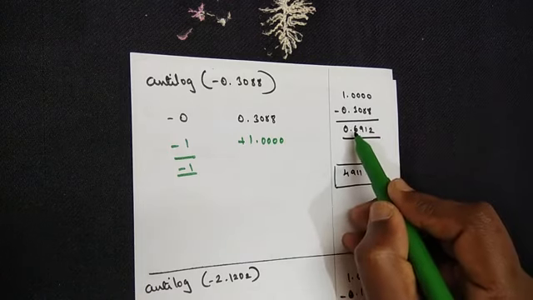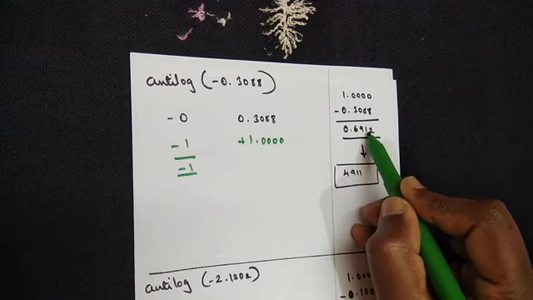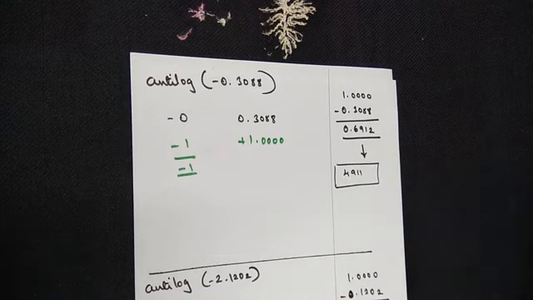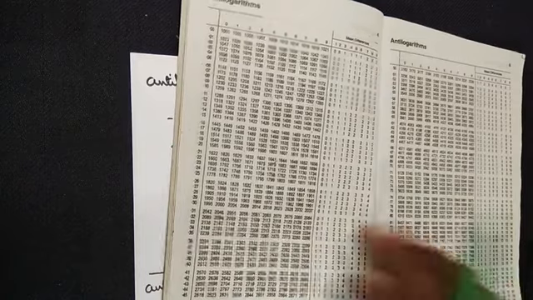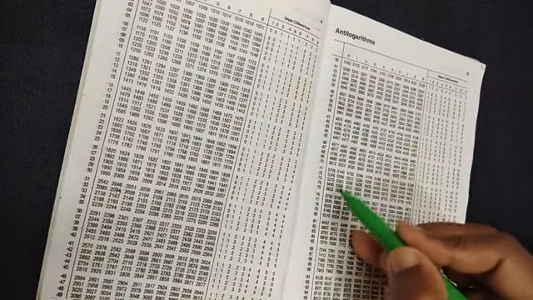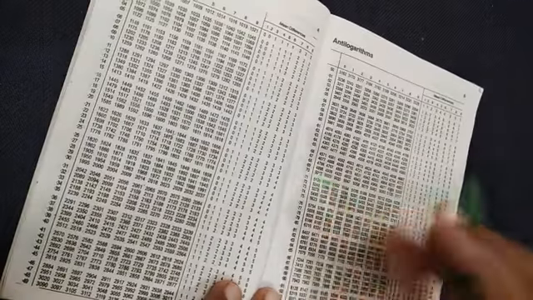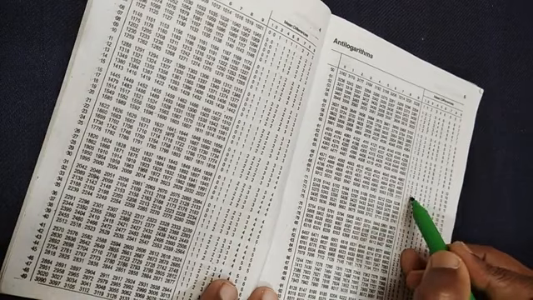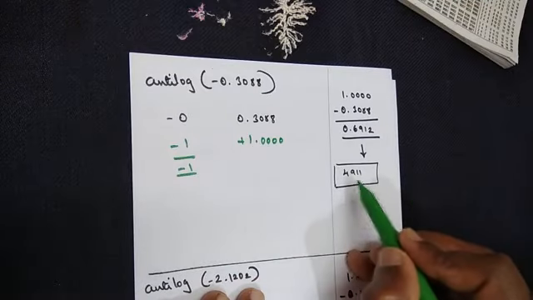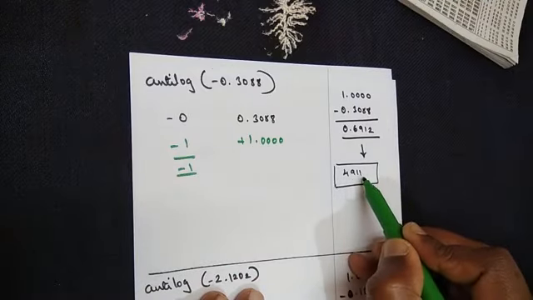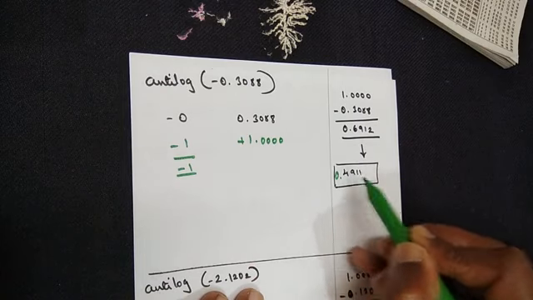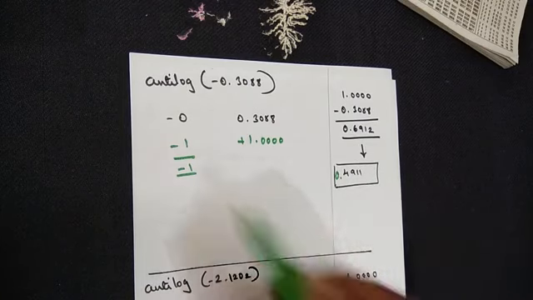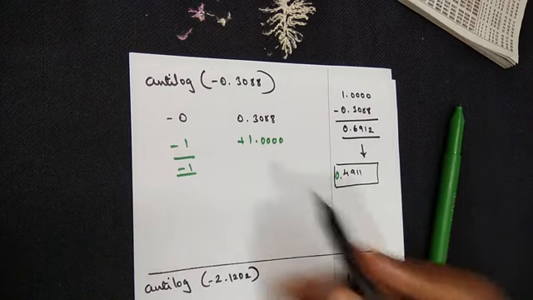Look, I mean anti-log. 0.69 under the first column with a mean difference of 2. So where will you identify 0.69? In the first column you have to look for 0.69. So 0.69 first column answer is 4909. Mean difference of 2, when we add, you get the answer 4911. That is 0.4911.